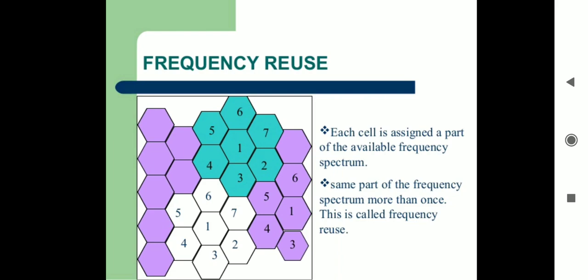In such situations, special care needs to be taken to keep the distance between the co-channel cells at the required minimum, and hence the assignments become more complicated. As the cell splitting continues, the general formula you can express as: new traffic load equals 4 raised to n into the traffic load of the startup cell.